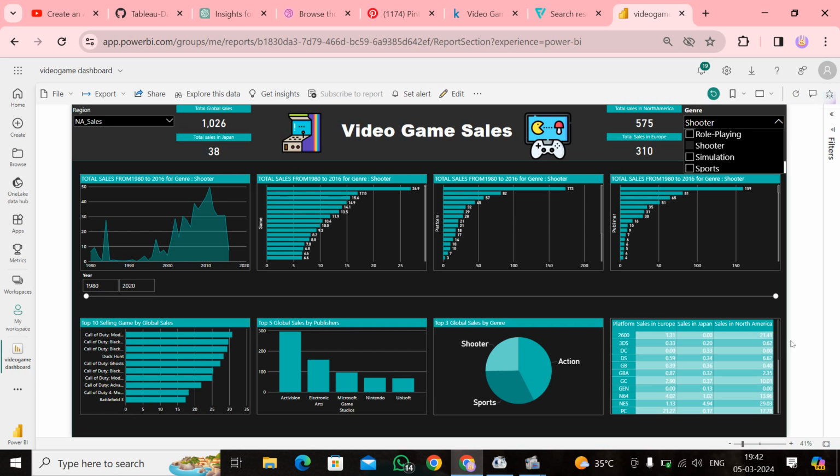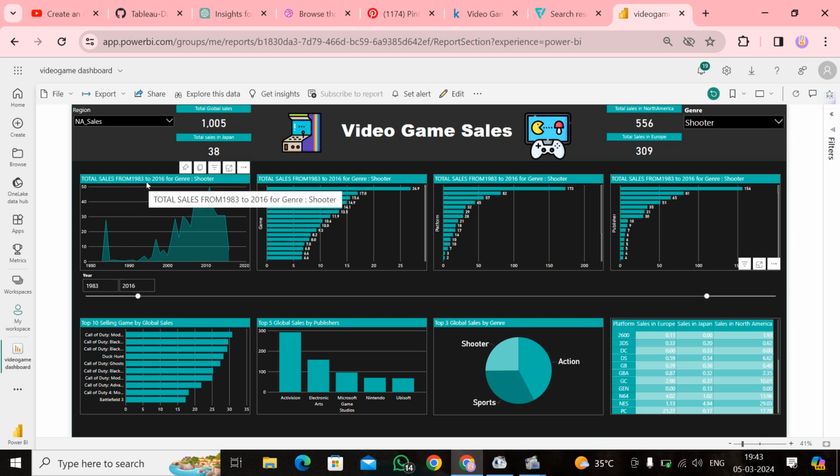If I change the year, you can see it change to 2016. If I change to 1983, total sales from 1983 to 2016 for the genre, and I used four cards to showcase total global sales, total sales